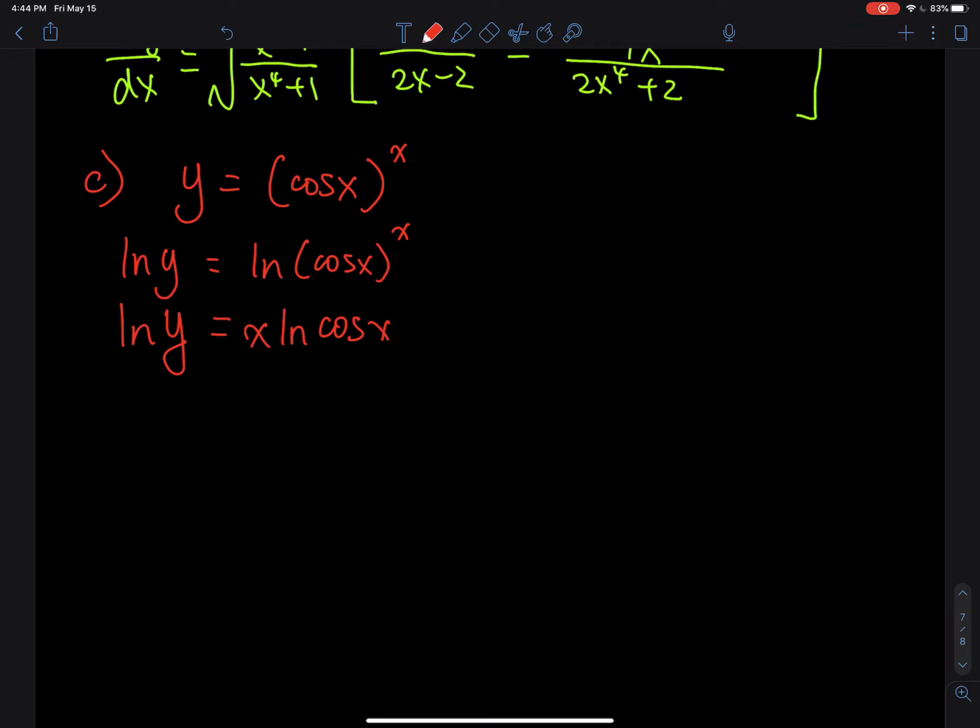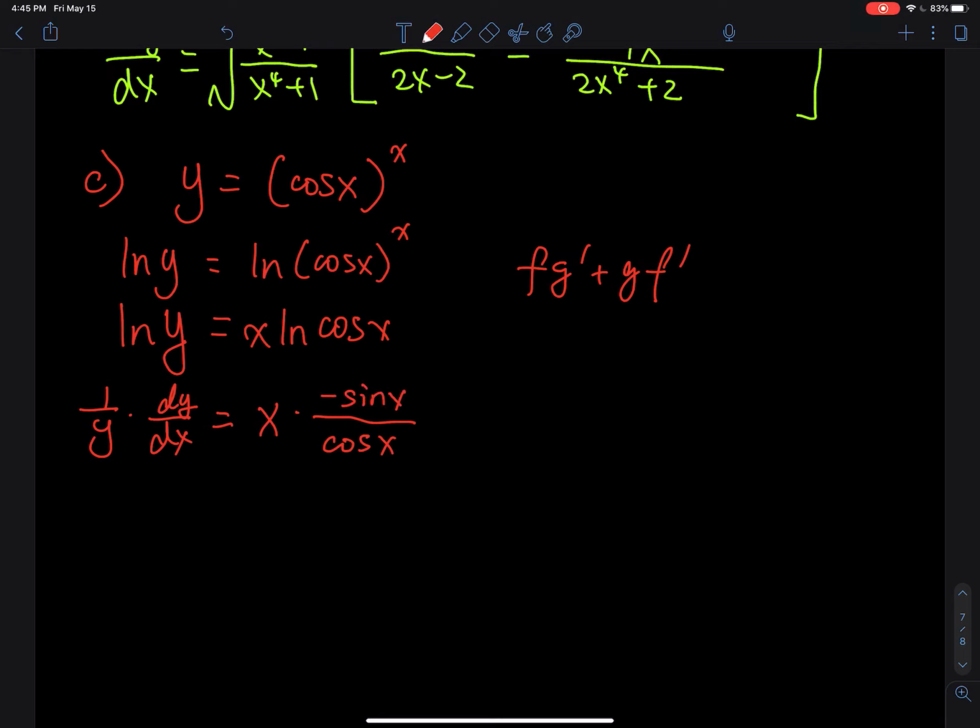So using implicit, the derivative of ln y is 1 over y, and then dy dx, this is implicit differentiation. We differentiate both sides with respect to x. If you have a y, you do it anyway, but you add a dy dx at the end. And then the right hand side is a chain rule, so you have fg prime plus gf prime, so that is x times the derivative of ln, so you bring the cosine to the denominator immediately, and then using chain rule, you take the derivative of cosine, which is equal to negative sine, and then plus function g, and then function f, the derivative of x is just equal to 1, so you have